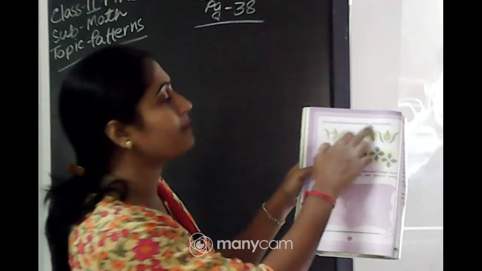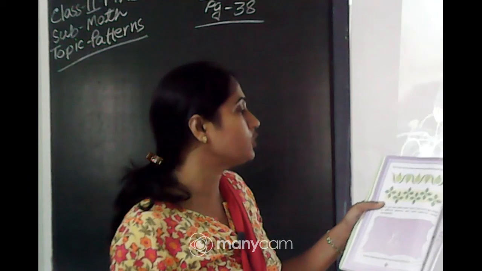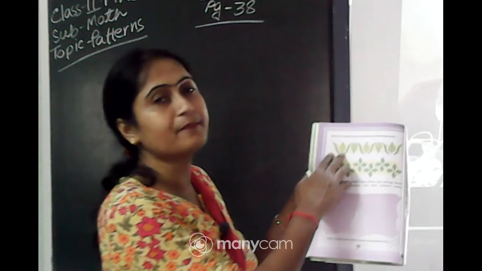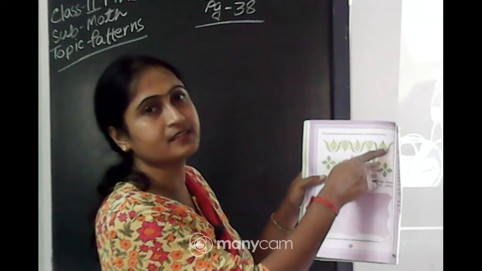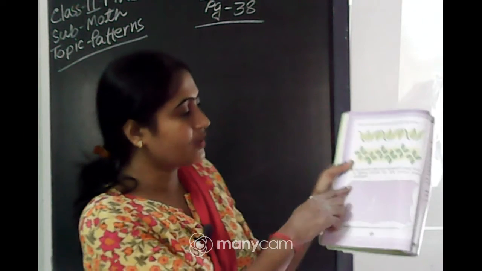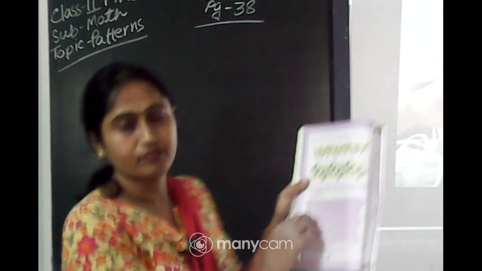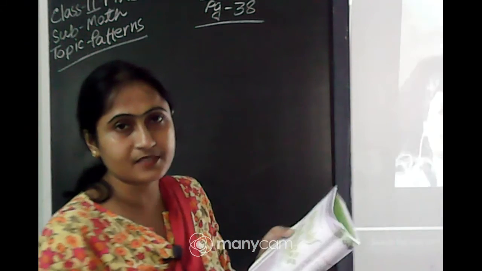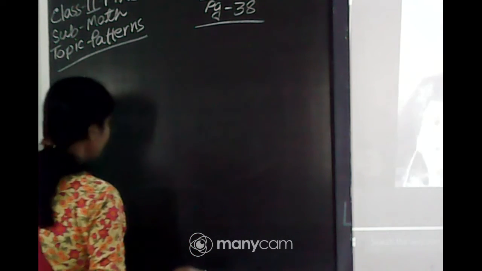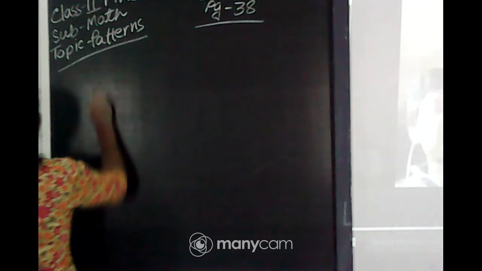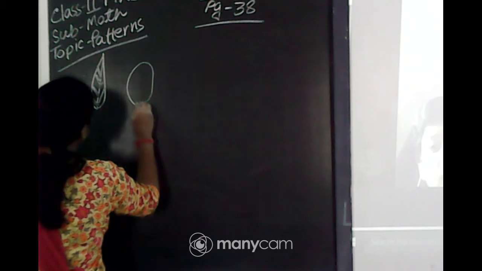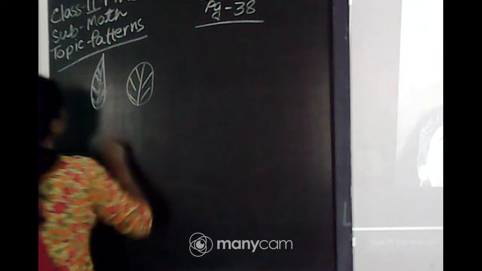Ketu has made some patterns by collecting leaves. There are two types of leaves taken, and patterns are made this way, and using one type of leaf this pattern is made. Here we will draw the picture of leaves. You will make the pattern, and you all will draw in your book. One mango leaf, this is the mango leaf, and one guava leaf.